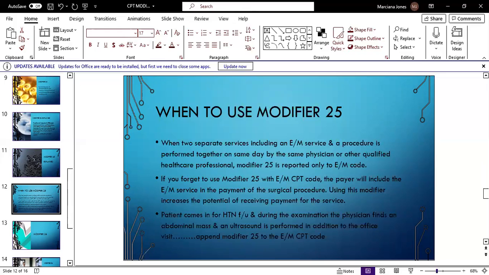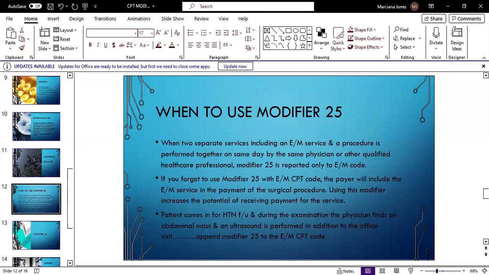So, you know, on the claim, there are different lines. So when you are reporting the E&M code, next to the E&M code, that's when you're going to put modifier 25 to let the payer know, in addition to this office visit, there was another procedure performed on the same day by the same doctor or another